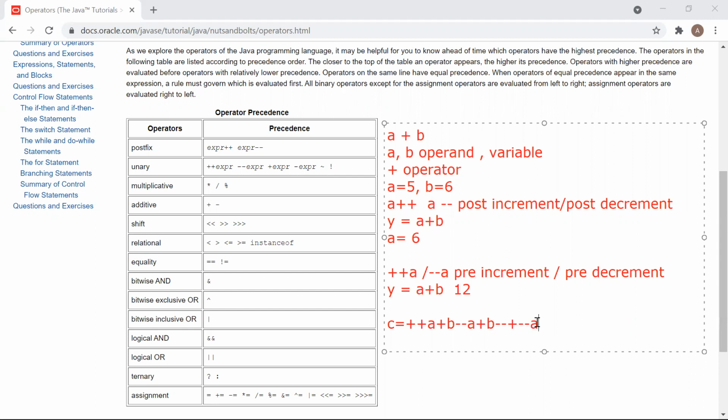Now you solve this and can you tell me what will be the output for this? Just try from your side. Everyone, you try.